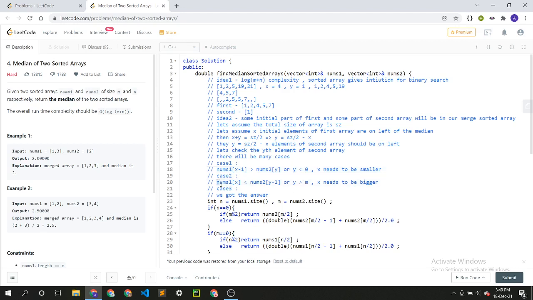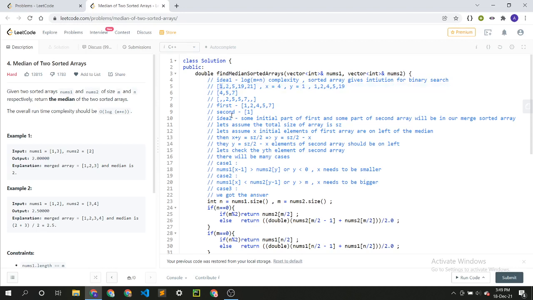Let's come to the second case. If nums1 x is less than nums2 y minus 1, that is, let's say if I took only first element here and I took 3 elements from here. So nums1 x is 2, nums2 y minus 1 is 7 and nums2 y minus 1 is greater than nums1 x.